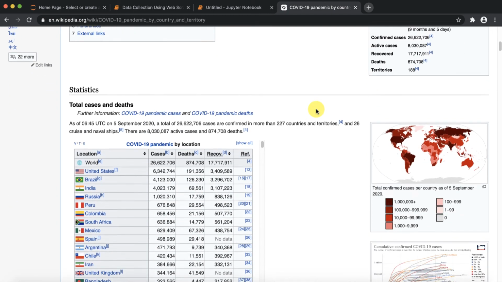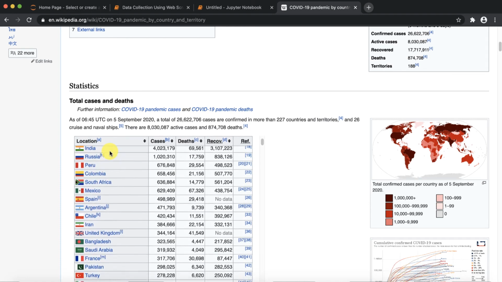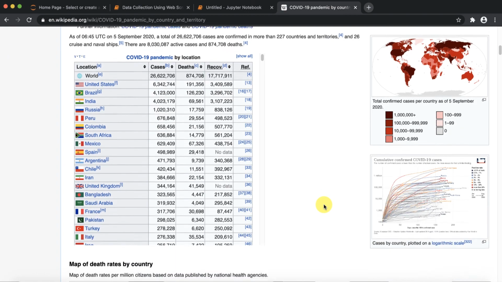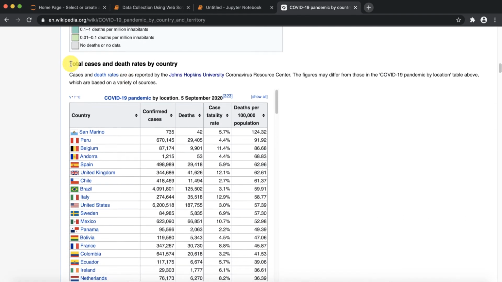Then you can see total cases and deaths statistics, worldwide, then United States, Brazil, India, Russia, Peru, and various other information, also total cases and death rates by country.